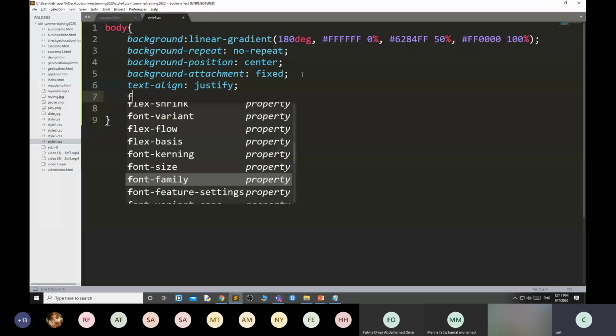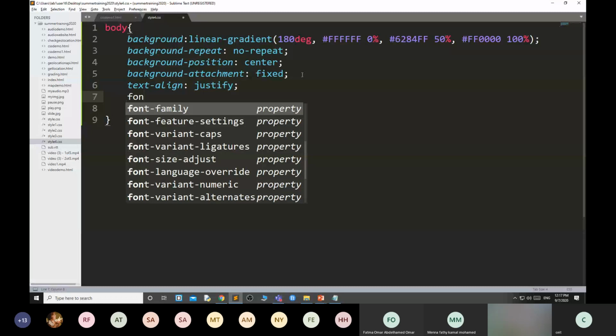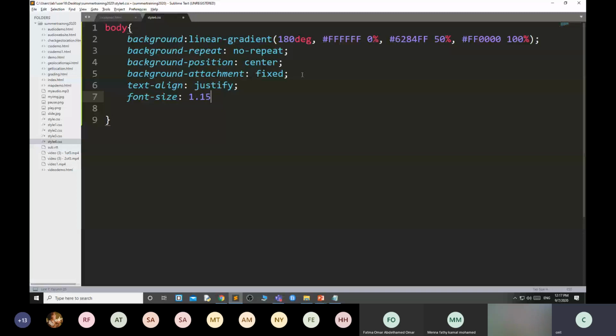Then font size. I am using 1.15 em. Always remember that 1 em equals 16 pixels. So 1.15 is 16 plus 0.15 of 16.